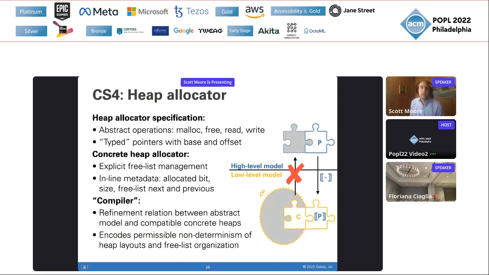So for this case study, our high-level model was an abstract specification of a heap allocator with support for malloc and free and reading and writing through pointers. And it had a notion of well-typed pointers that tracked their base and offset. And then the low-level model represented a concrete implemented heap allocator that had explicit free list management and inline metadata